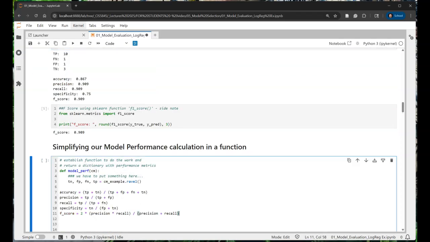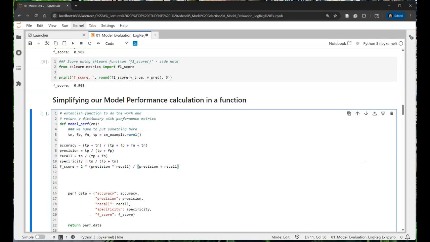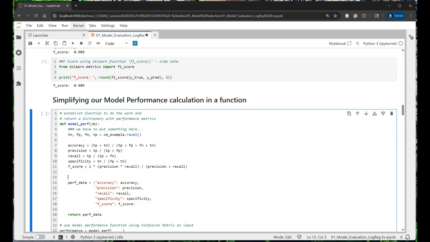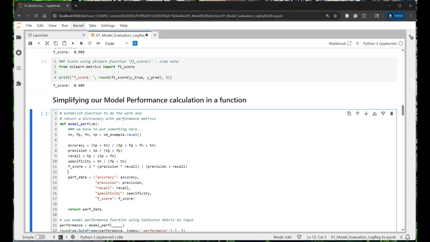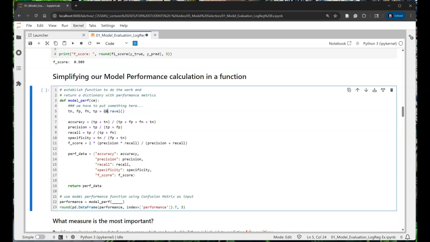And we are going to paste it right here. Now, this will end up becoming our model performance block. The only thing that we have to change here is, notice the input variable is a confusion matrix, and we have to make sure that right here we also changed line 5 so that it has the confusion matrix right here. That way the input confusion matrix gets raveled into these components, and then we have all those